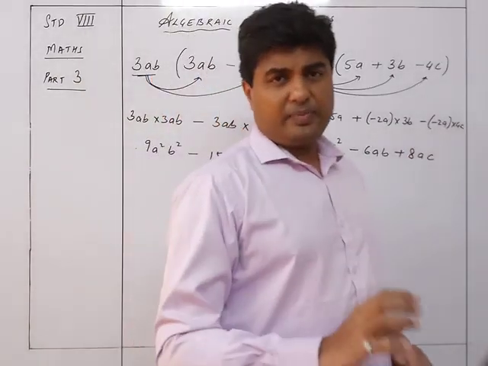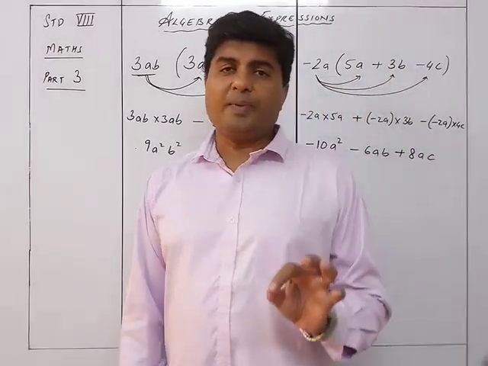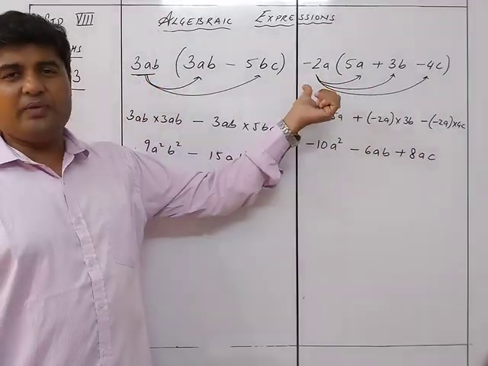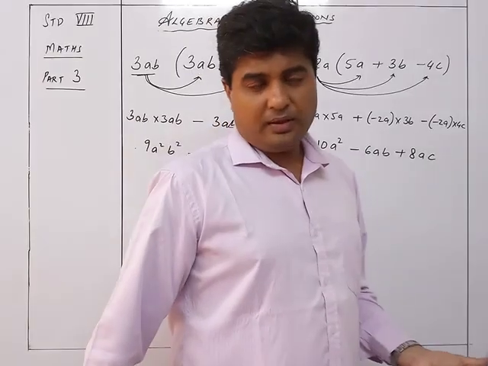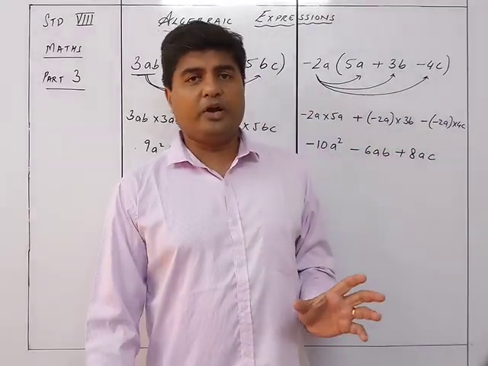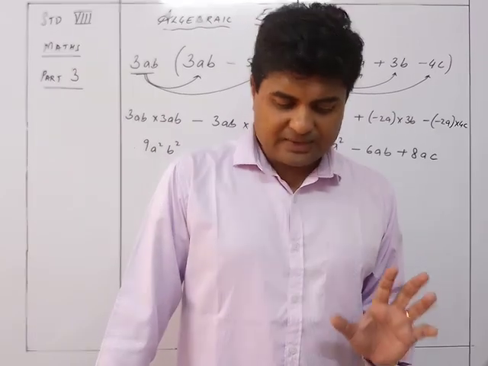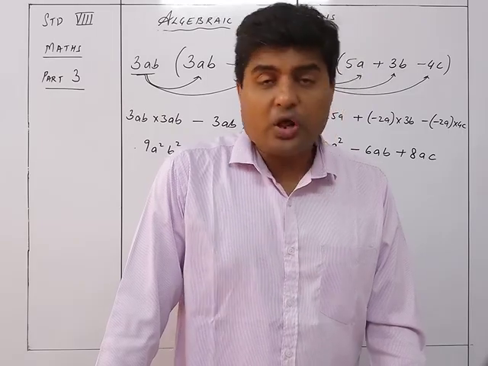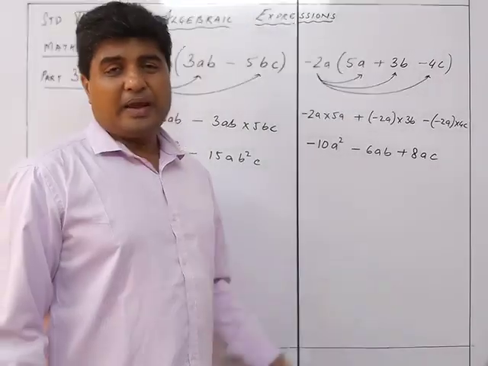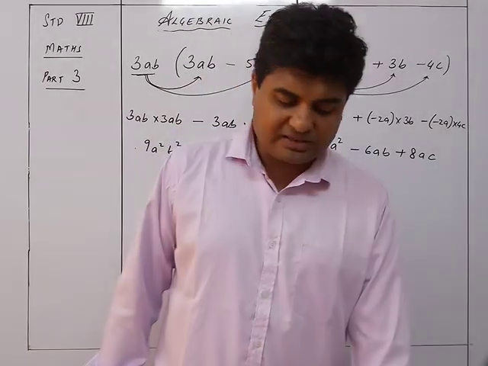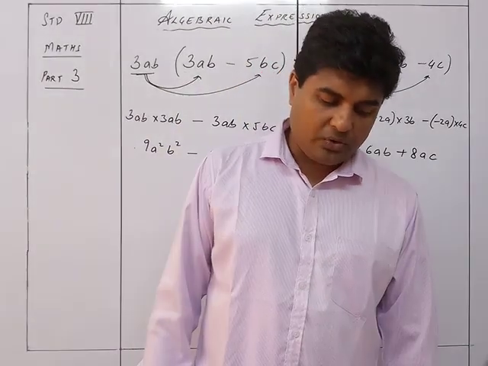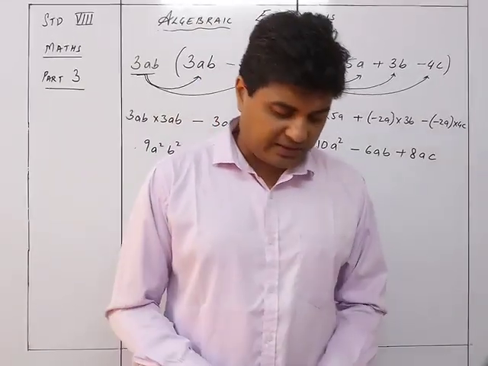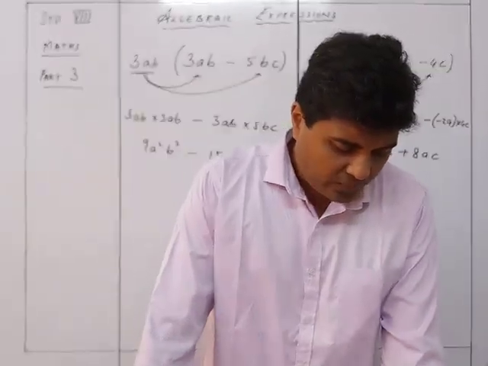Understood? Very simple. Right? We are going to multiply each and every term of the polynomial with the monomial which is outside the bracket. Okay? Each and every term of that particular polynomial will be multiplied by the monomial. That's the idea. And you could also have a question over here wherein they may give you a value of x and then you need to find out the complete value. So addition may also have to be done after that. So there could be certain kinds of questions wherein you need to do that.